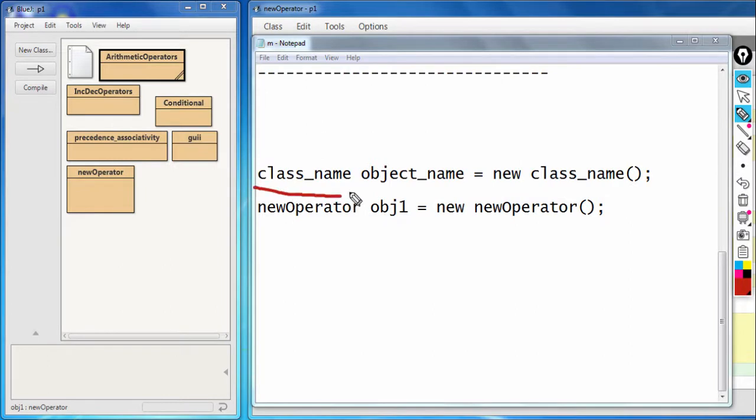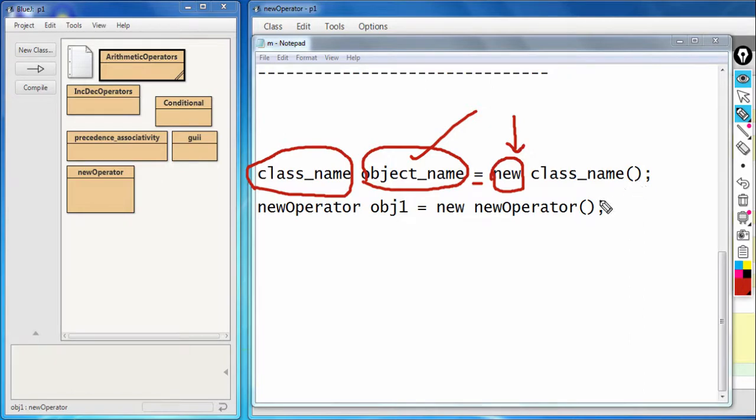So first you have to write the class name and then you have to write the object name. This object name can be anything, then equals, then new operator. Okay, this is our new operator, and then the class name again, and then followed by open parenthesis and close parenthesis.